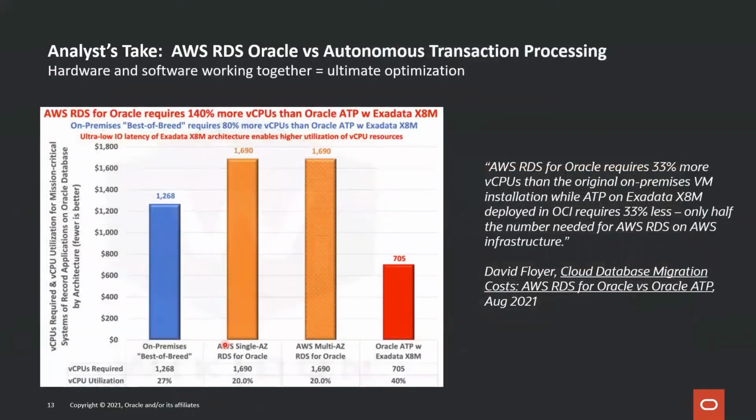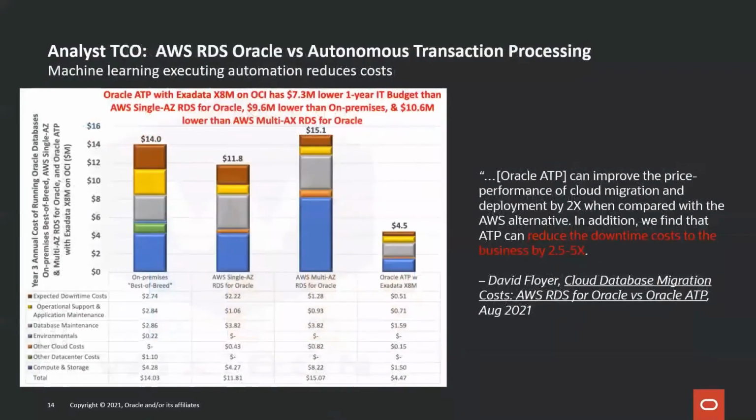And then the analysts compared RDS Oracle to the autonomous database transaction processing version in OCI. And they determined that RDS Oracle required 33% more vCPUs than on-premise best of breed. And compared that to autonomous transaction processing, which actually required significantly less OCPUs than running the best of breed systems on-premise. And this is a complete cost comparison starting in year 3, from a purely long-term operations perspective after migration costs are spent. Across the board, every aspect of running an Oracle database, the autonomous database costs less to own and operate, resulting in a lower TCO.